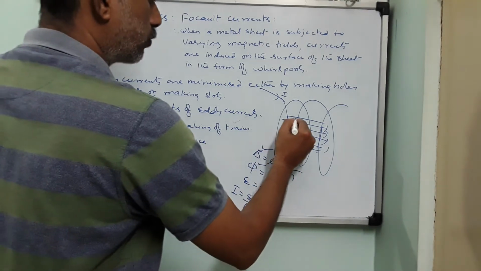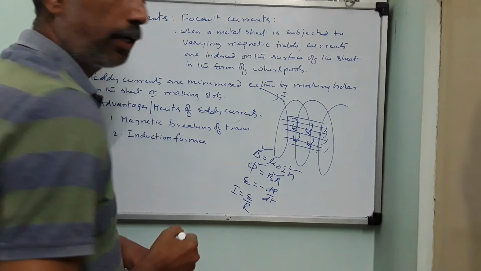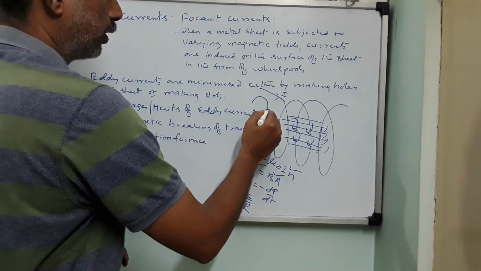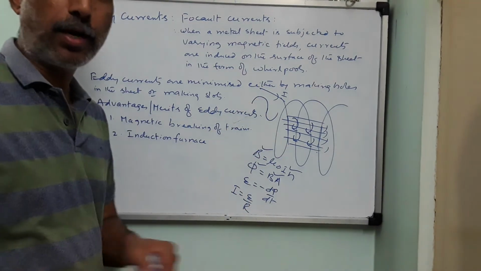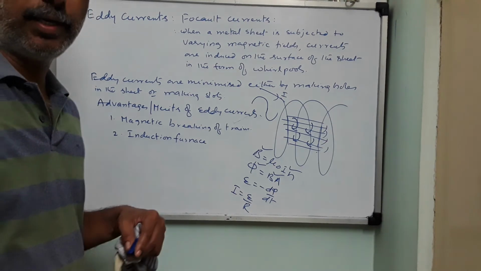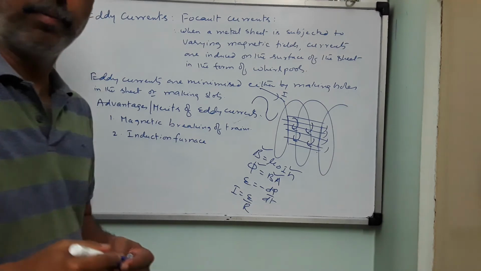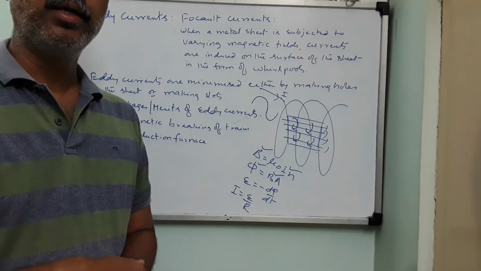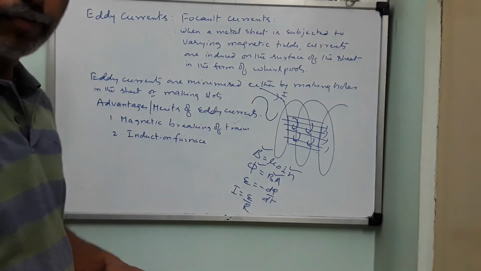So now eddy currents will be induced in the sheet like this, clockwise or anti-clockwise. If current is going like this, clockwise, for example, the other is going like this, anti-clockwise. So they do not cancel each other, children, but the heating produced by them will keep adding. Because of this heat, what will happen? This metal sheet melts. These melted sheets we then use to make alloys of our interest. So that is called an induction furnace.